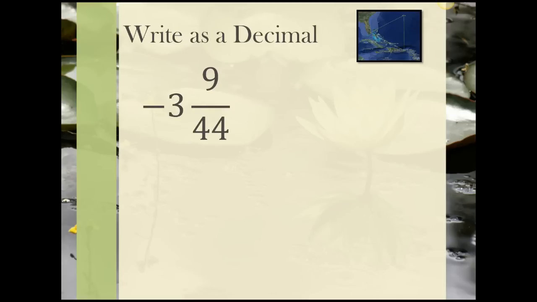Let's write negative 3 and 9/44 as a decimal. Just as when we worked with positive mixed numbers, we don't have to worry about the whole number. We know that we're going to have that in our answer, so we can start by writing negative 3. Then we convert the fraction to a decimal. Divide 9 by 44, and you get an answer of